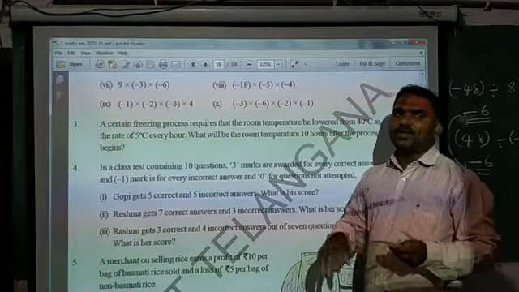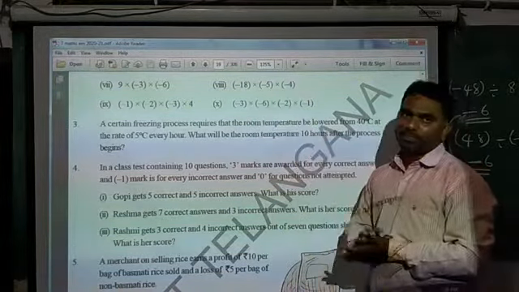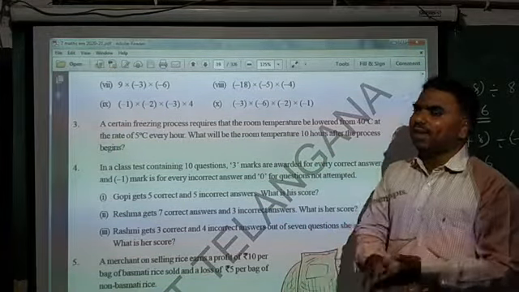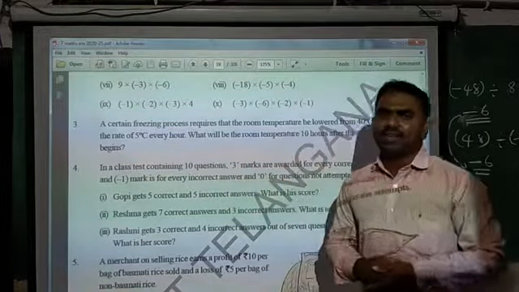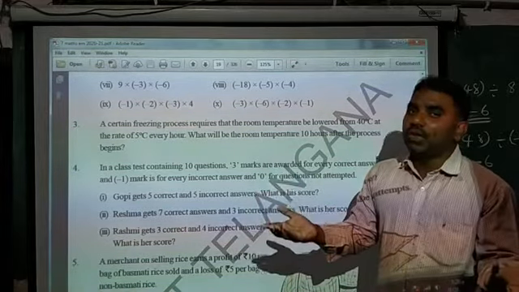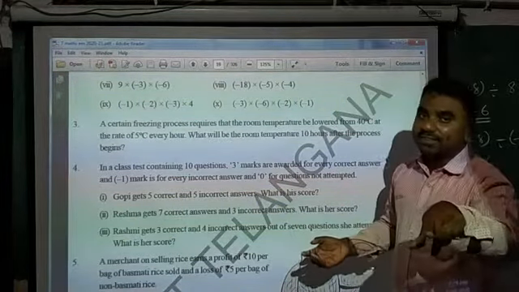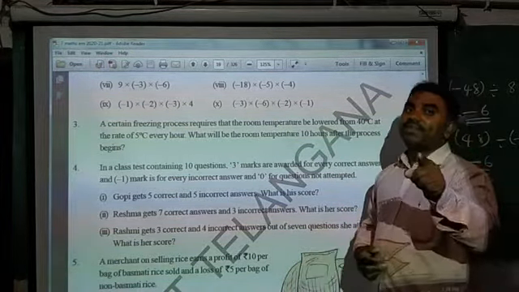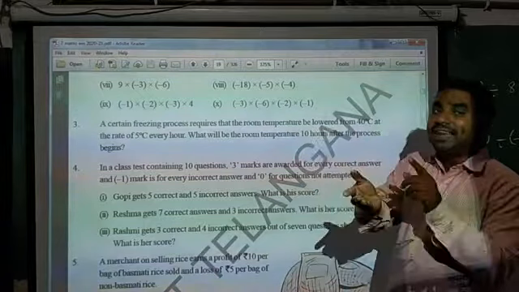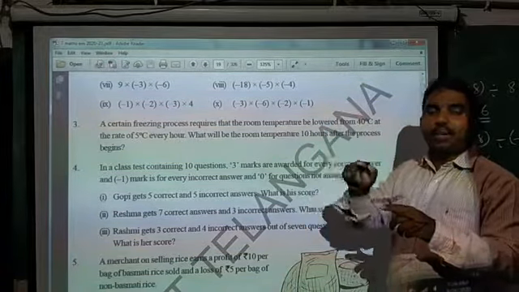So first of all, you try to write it. What is the present temperature? You can write the present temperature of the room. After 10 hours, how much is it going to be decreased? You can say easily. You know, for every 1 hour 5 degrees it is decreasing. For 10 hours how much? What should we do? Multiplication. Very good. 10 into 5 will be 50. So 50 is going to be decreased. Decrease means what symbol will we use? Very good, minus. First temperature is what? 40. And 50 is going to be decreased. Means what we have to write here? 40 minus 50.